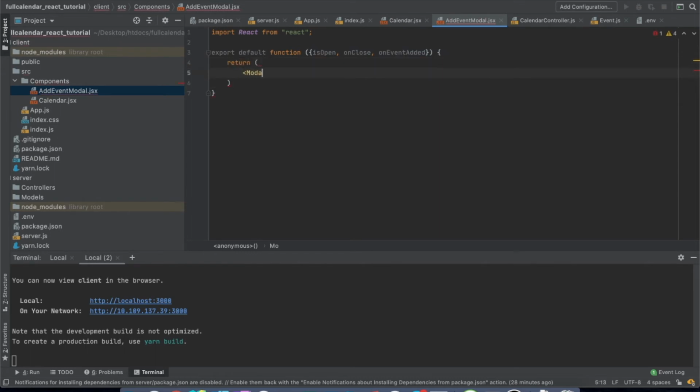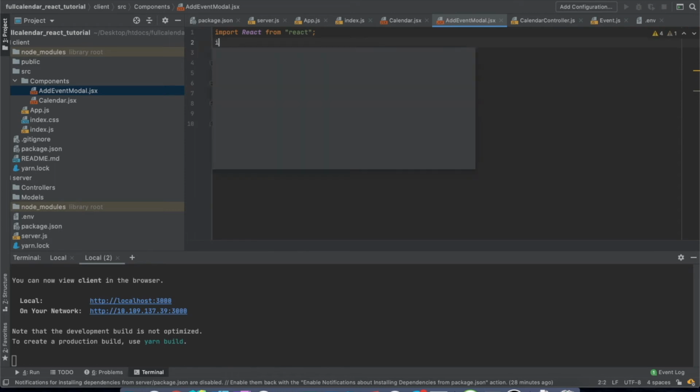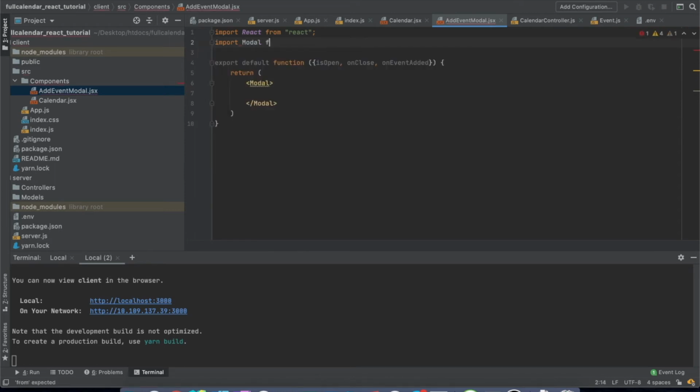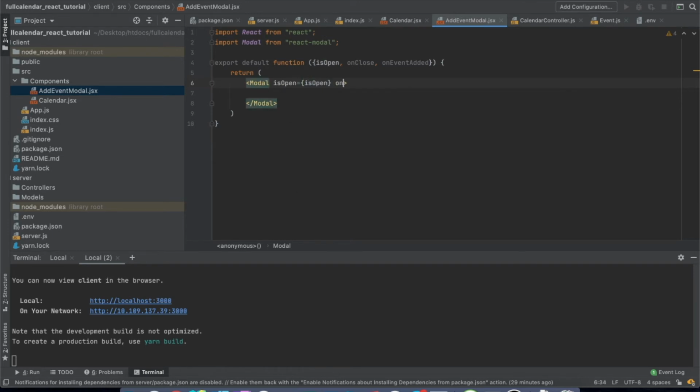We will return and then create a modal. Actually, with this package we need to import it manually. There is no auto completion, but it's fine. It's a very good modal. isOpen, and this is called onRequestClose, onClose, and then here we will say form onSubmit,